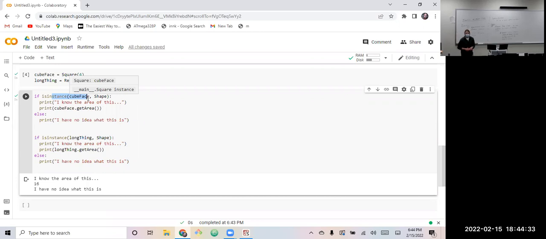Y'all have seen casting in Python, like we have to do with strings. Here we print a number, so we just do str to turn that number into a string. I don't think the word casting has shown up this semester, so I wanted to mention that explicitly. We would just do that with our other parent shape.